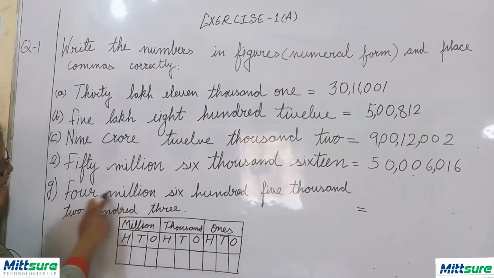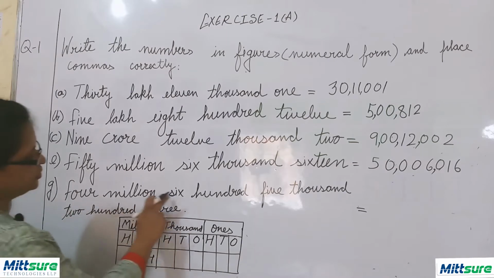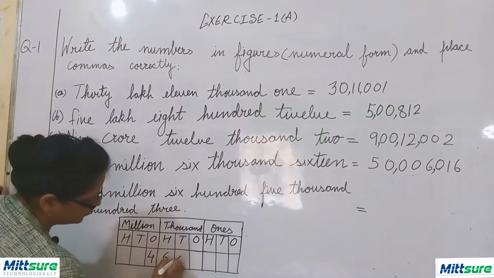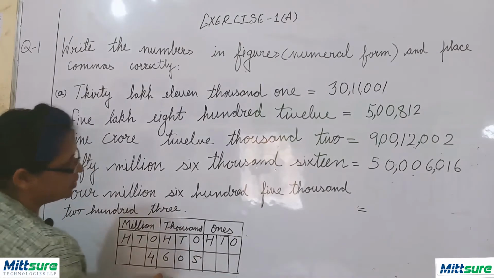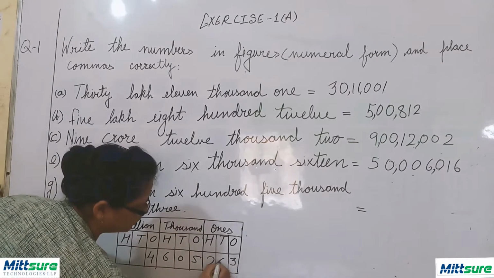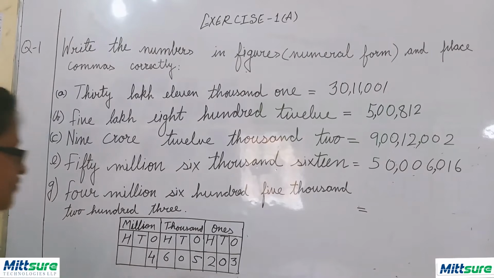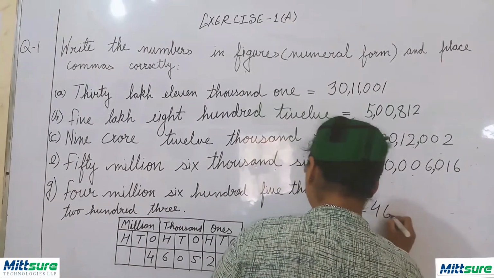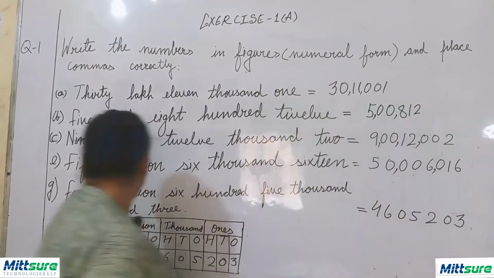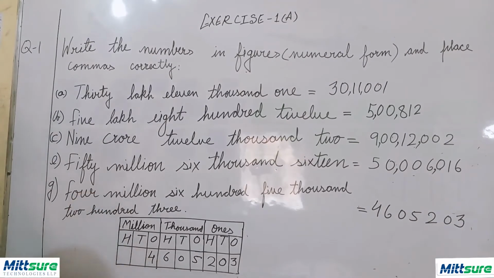Now 4 million, here is million, and I will write here 4,605,000, then 605,000 is here. Next is 203, then 203, and this place is empty, so this will be 0. Now this is the number I will write here: 4,605,203. As we know that here is millions and it is the international system, so we will put the comma after